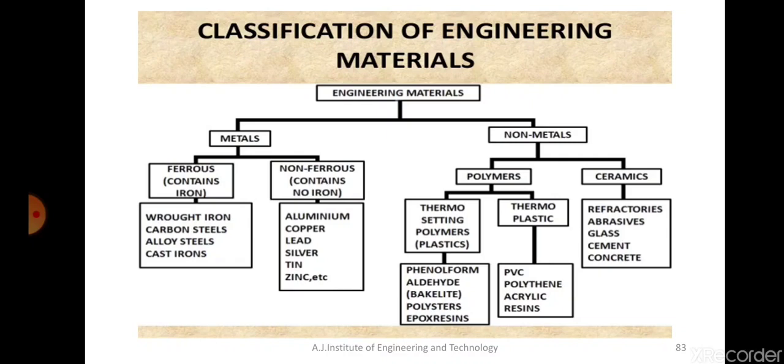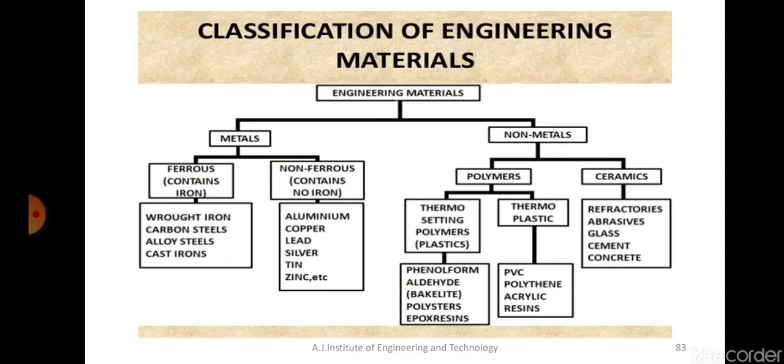One is called thermosetting plastic and the other is called thermoplastic. We will see what thermosetting plastic and thermoplastic are later on. Then under ceramics also we have refractories, glass, abrasive materials, cements, concretes. All these are called ceramics. So under thermosetting and thermoplastics we have